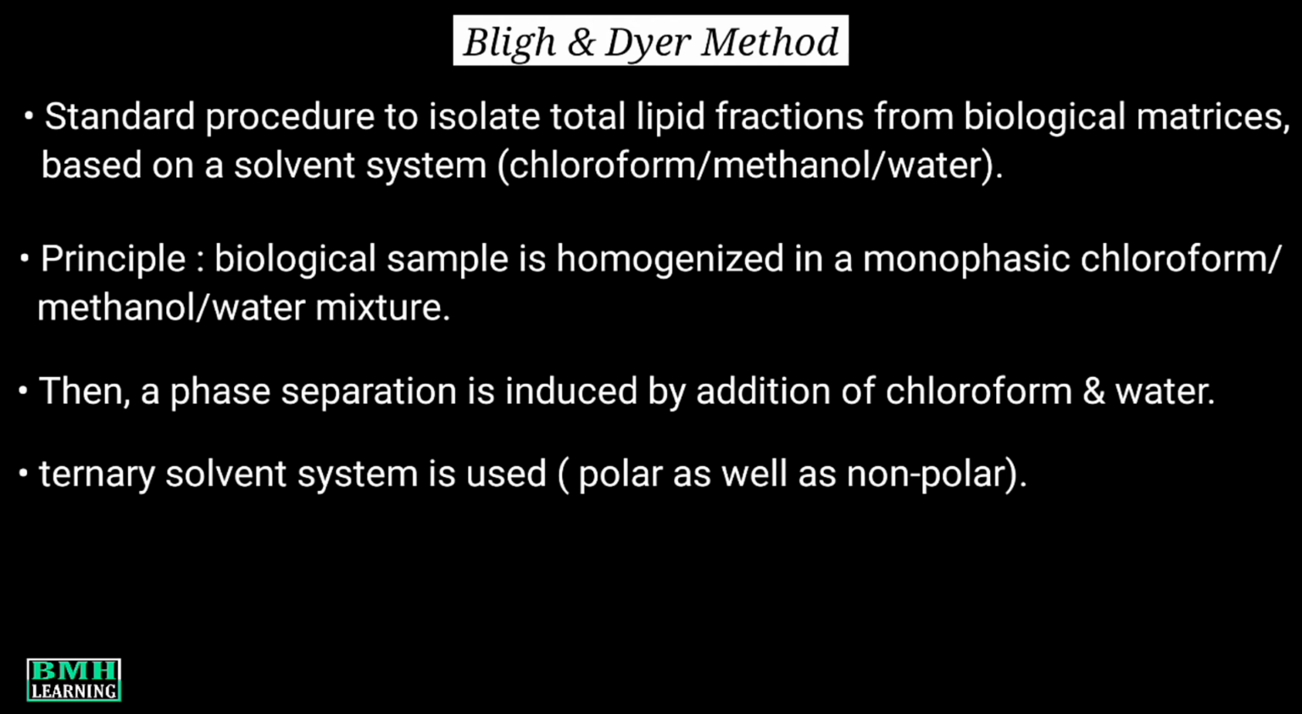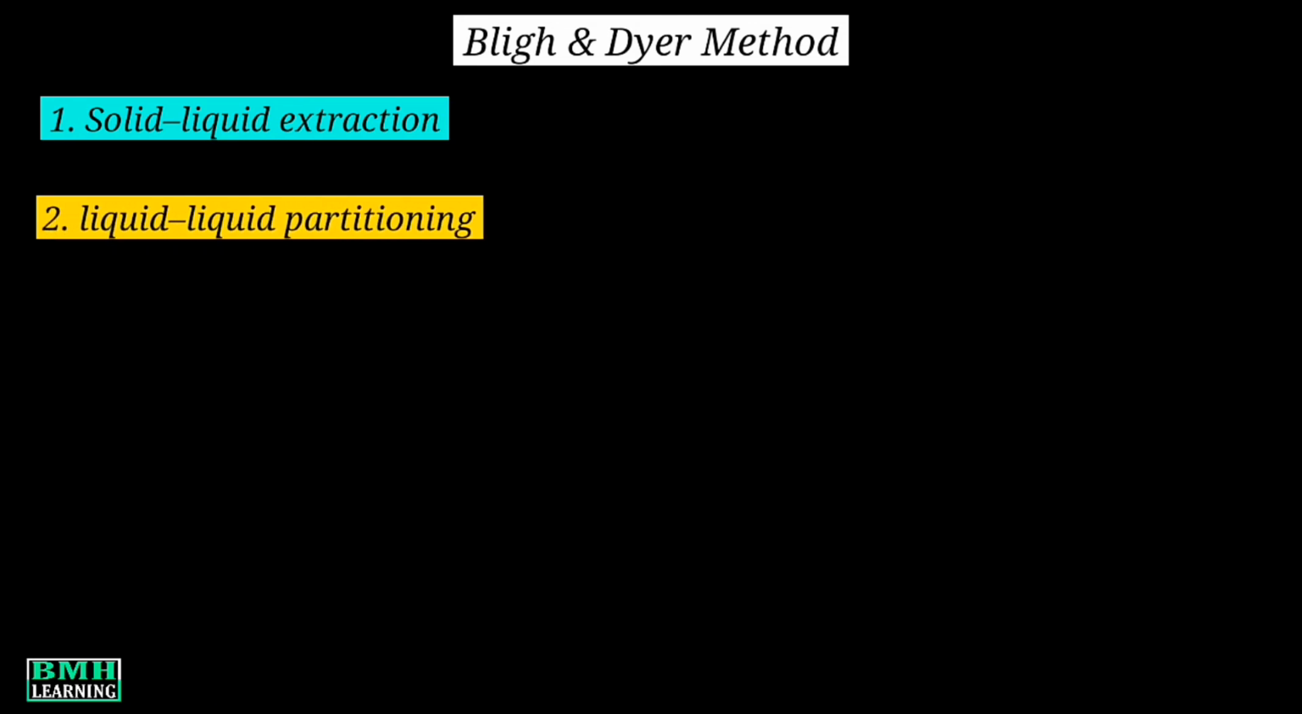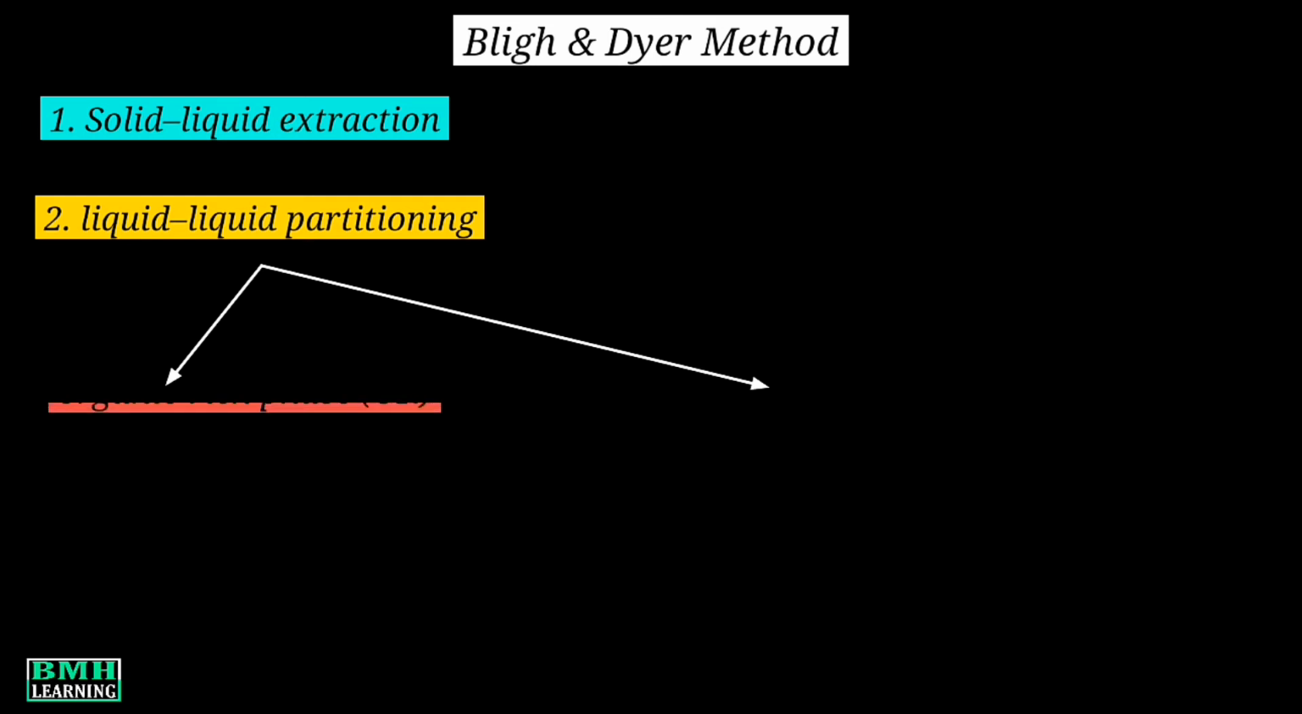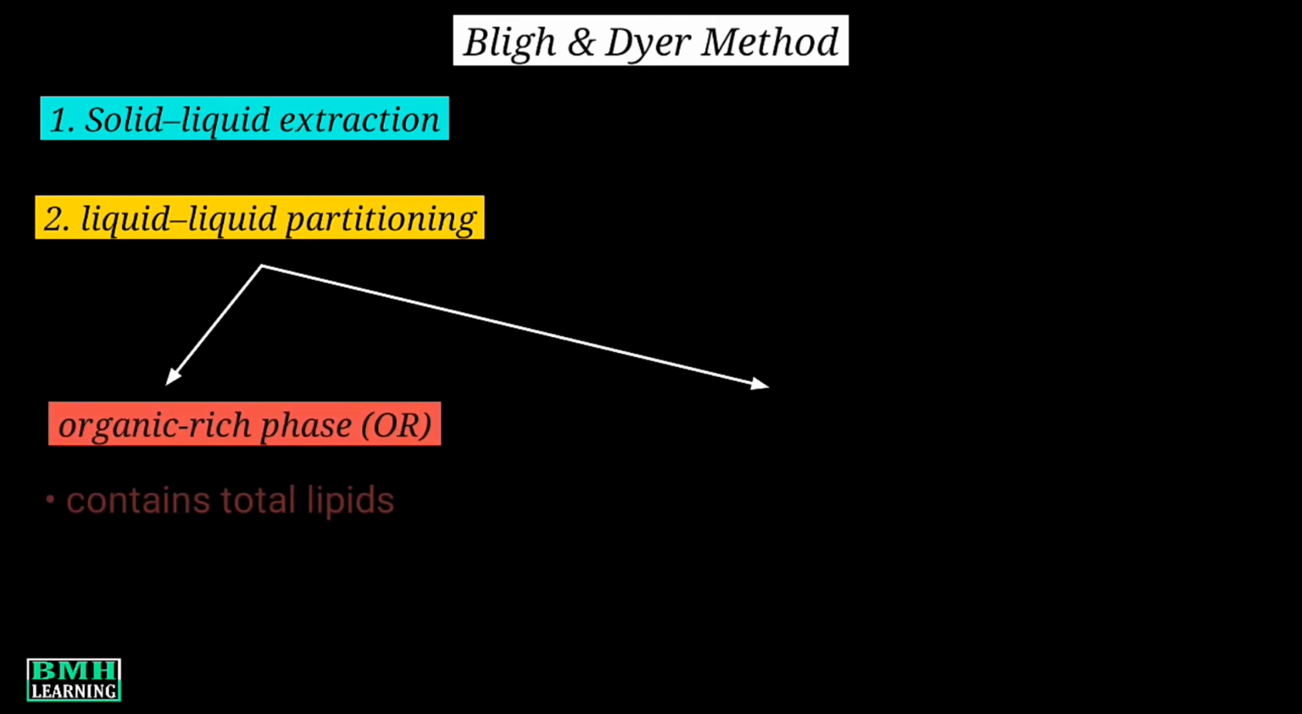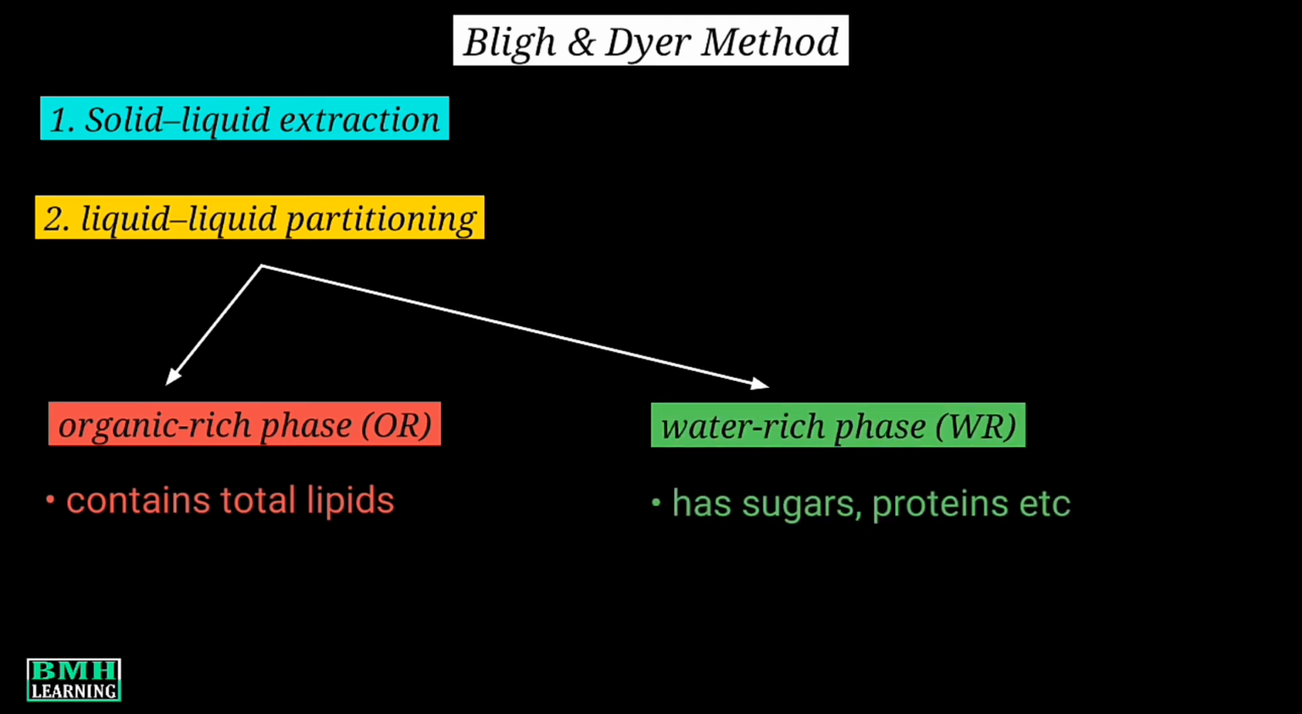The process mainly consists of two steps. In the first step, a solid liquid extraction is carried out from an initial amorphous gel state. This solid liquid extraction is followed by a second liquid-liquid partitioning step. In this step, the mixture extracted in the first step containing all biomolecules is further separated into two different phases: an organic rich phase that contains the total lipids and a water rich phase which has the other compounds